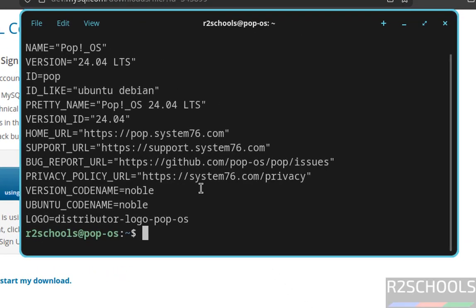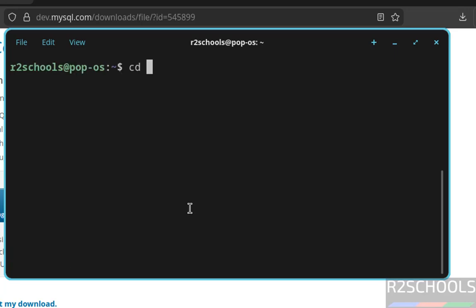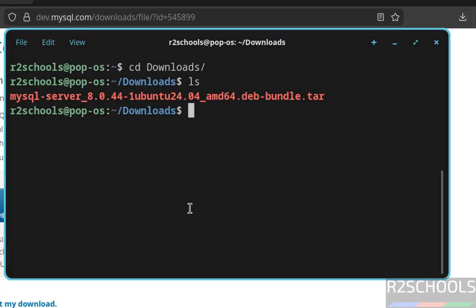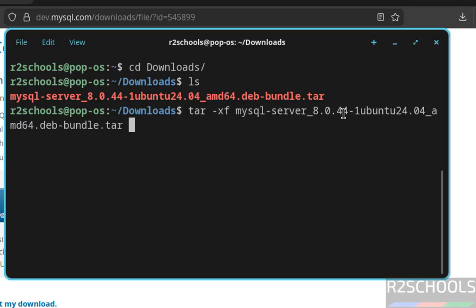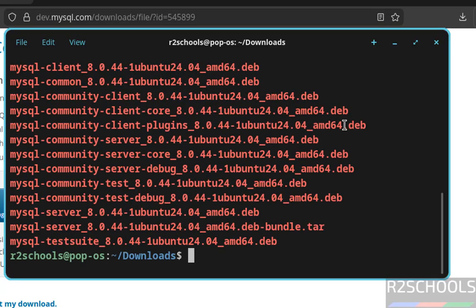Now go to terminal, go to downloads directory, cd Downloads, ls. See here we have the MySQL Server 8.0.44 tar file. We have to untar it, tar -xvf, then mysql, then press the tab to autofill the entire file name, hit enter, ls. See here we have the list of the Debian packages that need to be installed, but before installing them,